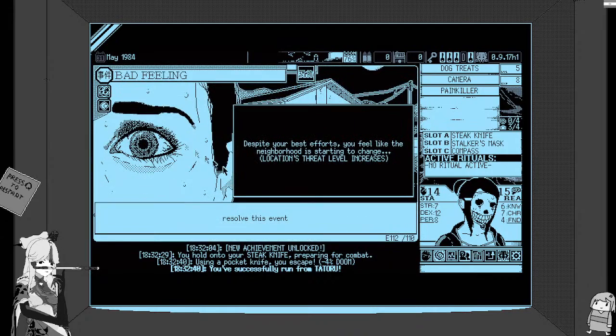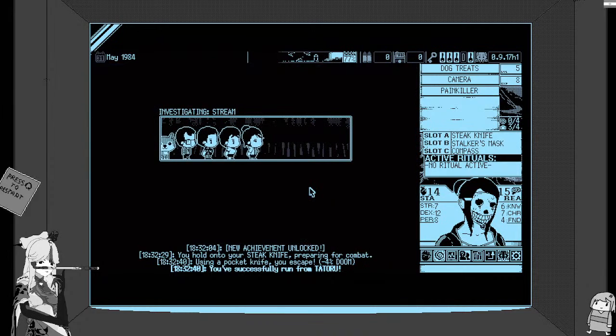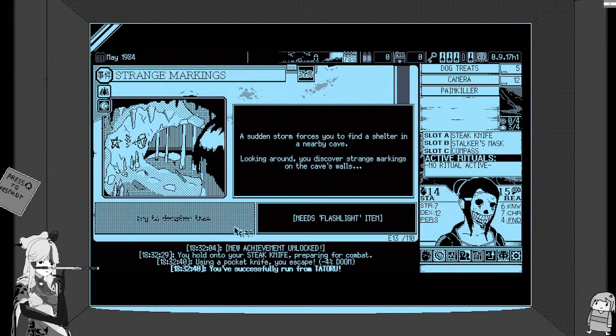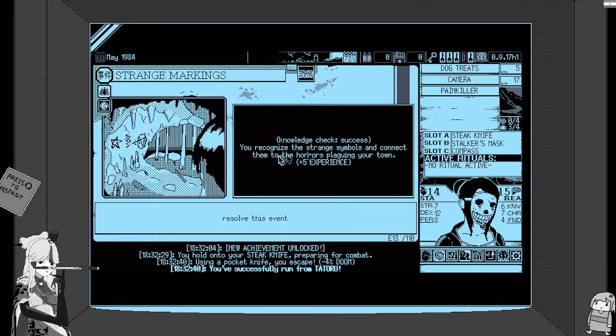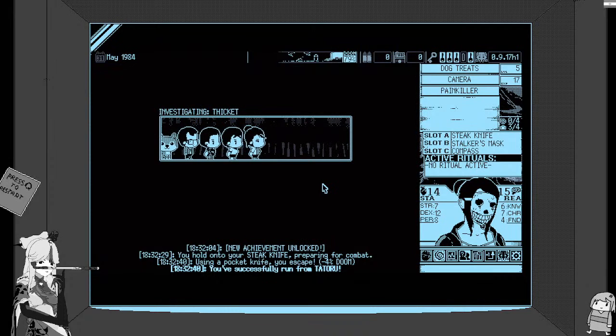Doggo. Location threat level increases. Shit. That's basically a mechanic of increasing your combat encounters. You recognize the symbols and connect them to those belonging to your town. Thank you. You stumble upon a half-eaten deer carcass. Can we eat them? Or...